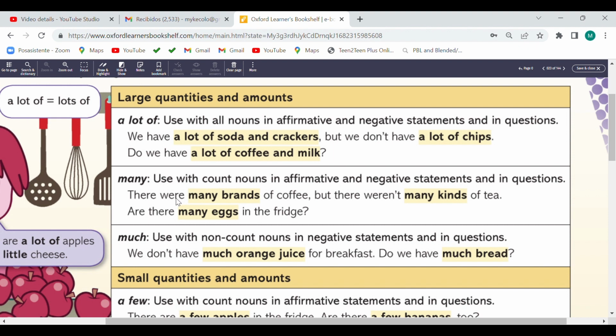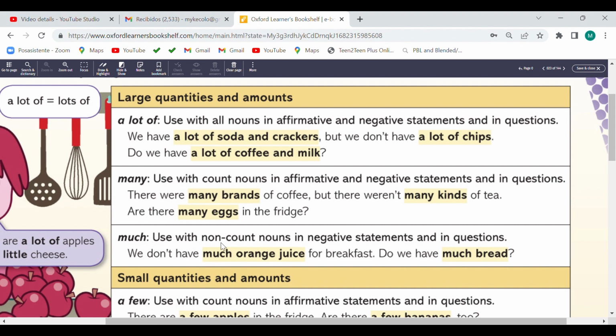Ok, there were many brands of coffee. Brands son marcas, ¿verdad? But there weren't many kinds of tea. Are there many eggs in the fridge? Many, para los que se puedan contar. Affirmative, negative y pregunta.